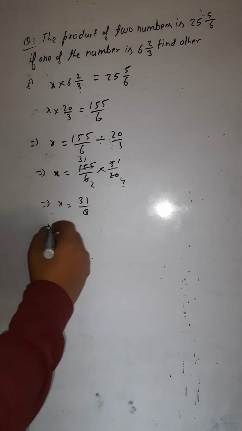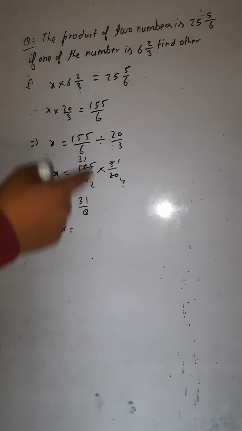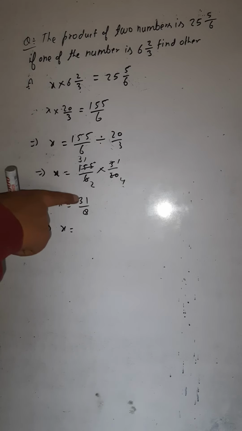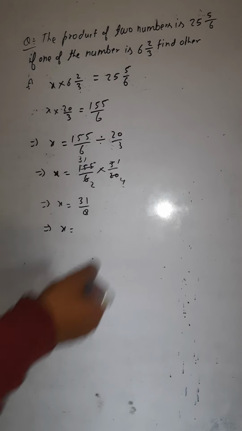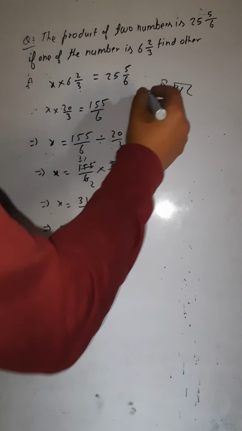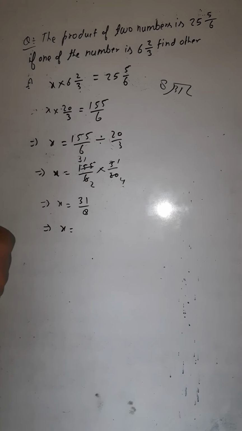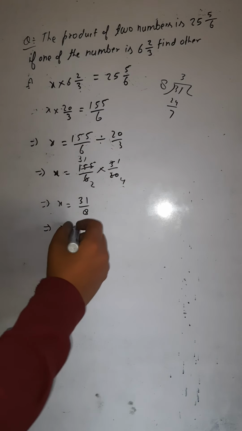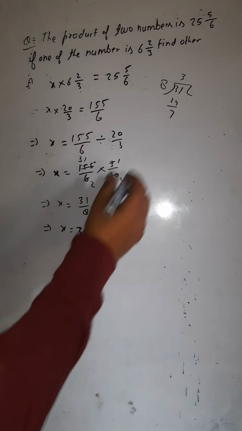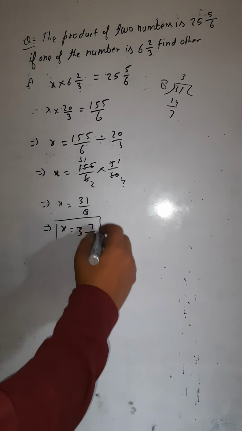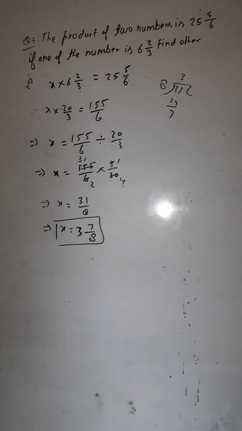Okay. If you are dividing, you can change this improper fraction into a mixed fraction also. This is an improper fraction. Numerator is greater than the denominator. If it is improper, you can change it into a mixed fraction. How? By dividing 31 by 8. How many times would it go there? 8 3s are 24. Yeah, 8 3s are 24. 7 left. So it means 3 is the quotient there. 7 is the remainder there, and you are dividing by 8. So the other number is 3 whole 7 by 8. Okay, just solve it.